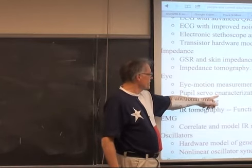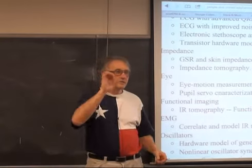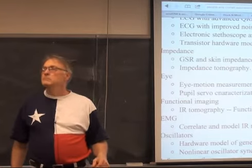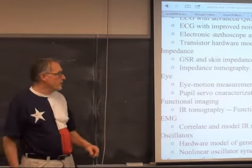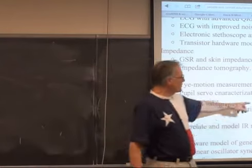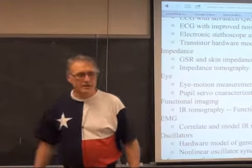Characterization. Pupil servo. You have a servo, a light intensity servo. It would be interesting to understand the feedback characteristics of that servo. There's a paper from the 70s or maybe the 60s that goes into that, and I linked that one up